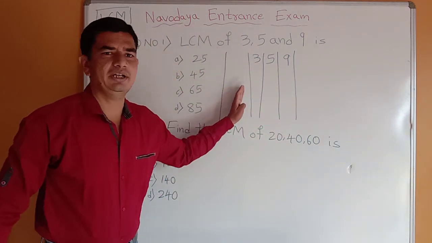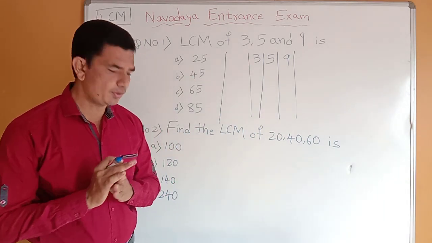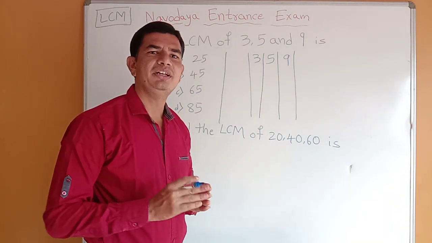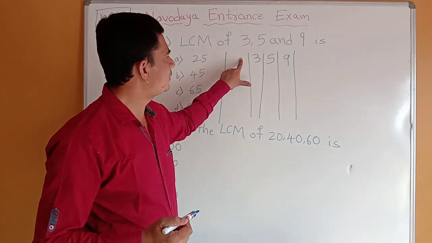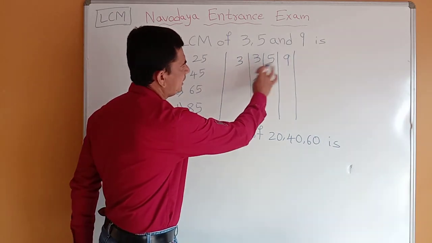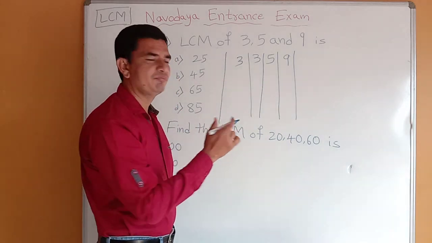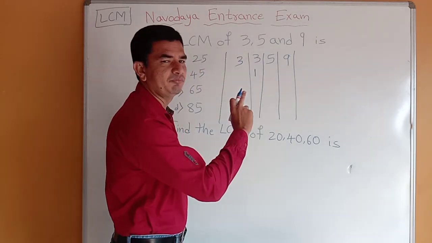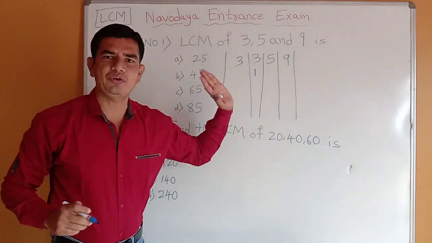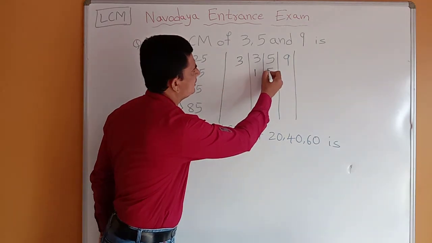To find the LCM, what do we have to do? You have to take prime numbers. First, you have to take 2. If it is not there in the 2 table, then you can go for 3. So we can take 3, because in the 3 table the numbers are present. 3 ones are 3. In the 3 table there is no 5, so we have to write 5 down as it is.